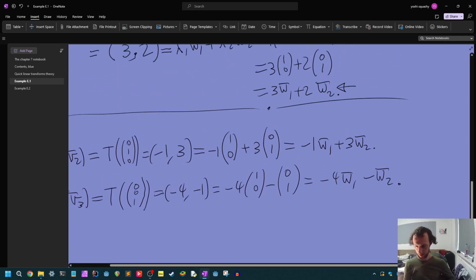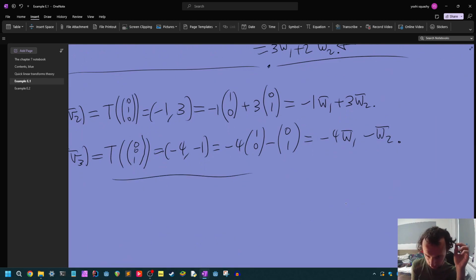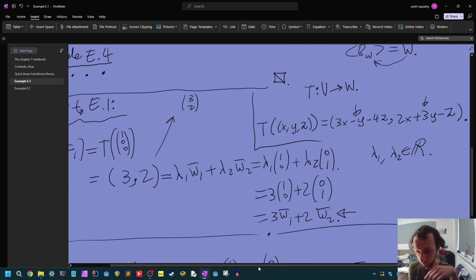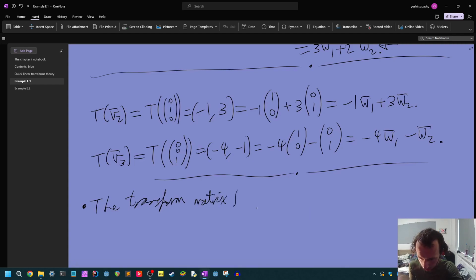Okay, and so finally we can get our transform matrix, and this first example will be done, which is the shorter one, but the other ones will be a bit longer, but maybe not even too long. I don't know, we'll see what happens. So this just simply gives, maybe I'll write it as a bullet point, the transform matrix for T, A, is